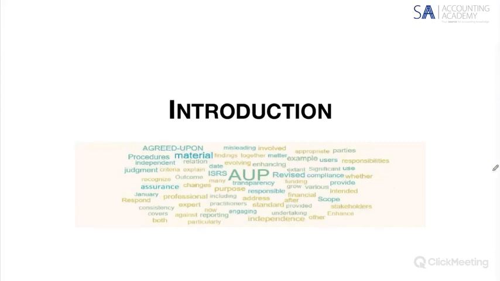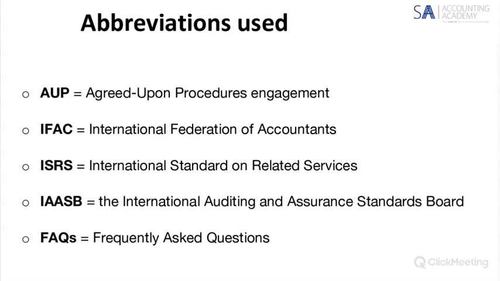Right, so as part of the introduction, I always need to start with abbreviations that we've used. These are the abbreviations that you'll see me use in my slides. AUP stands for Agreed Upon Procedures Engagement. IFAC stands for the International Federation of Accountants. Now, all of our member bodies, as far as I'm concerned, are members of IFAC: SICA, SIPA, SIBA, SEMA, ACCA, all of those belong to IFAC. So we adopt the IFAC Code of Ethics, which is done by ISBA.